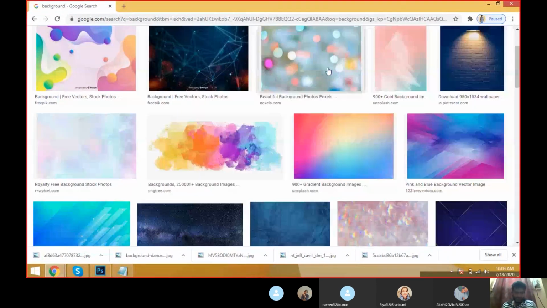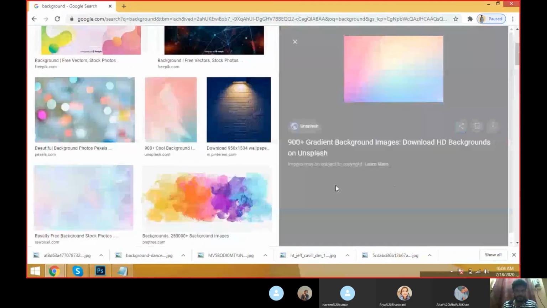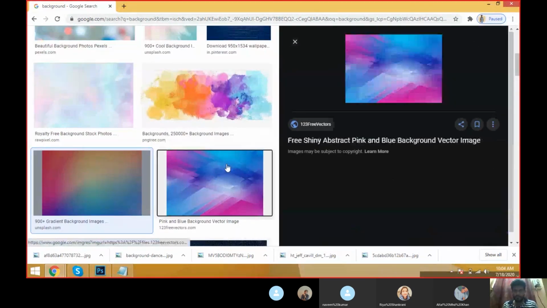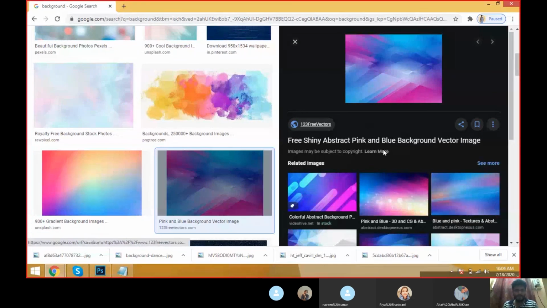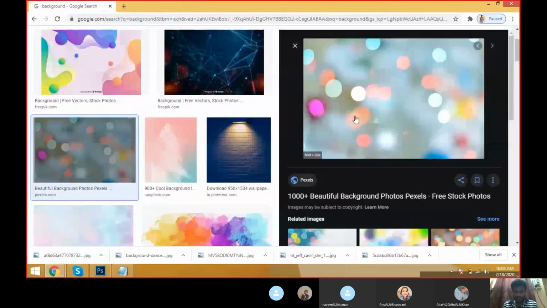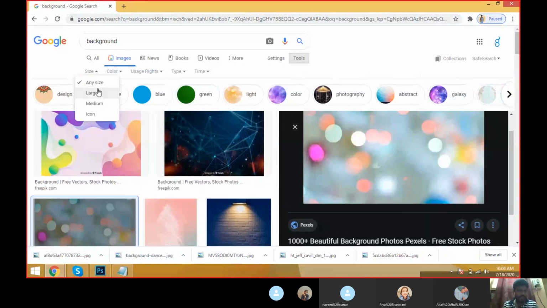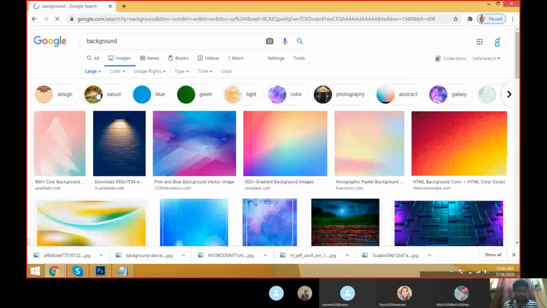And one more background. Let's see. This multicolor background. See, the image quality is very low, 500 by 332. That's why I have to go to the tools and click here, large.